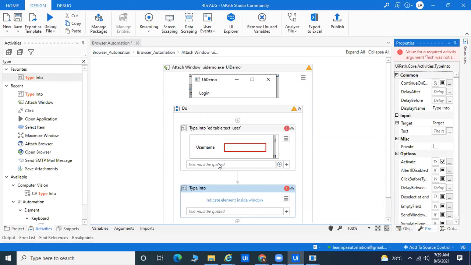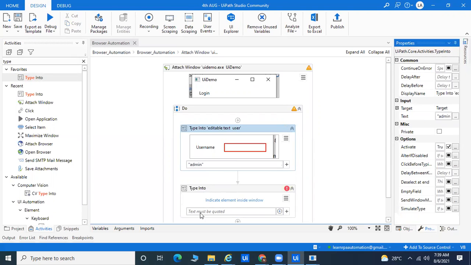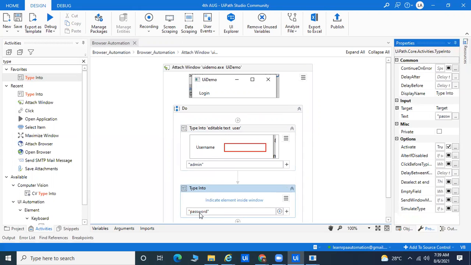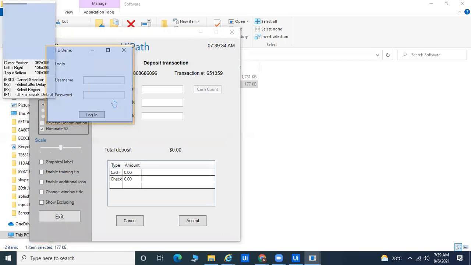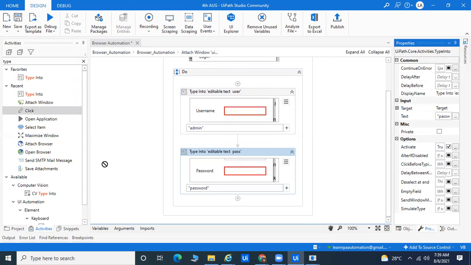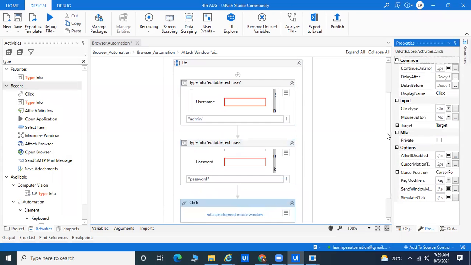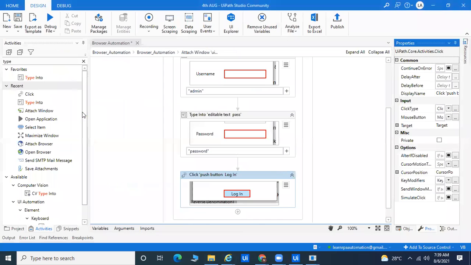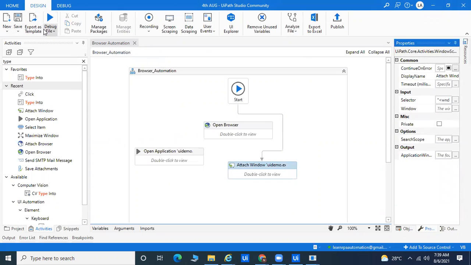So here I'm going for ID and password. Here I'm going for admin. The process is the same. Here I'm going for password, and here I pass on click. So I'll take the click and I can show you the login part. If you come to this system, right now I want to log in. The process of both is the same. So through both ways we are able to automate this application, but what is the difference, I will tell you.